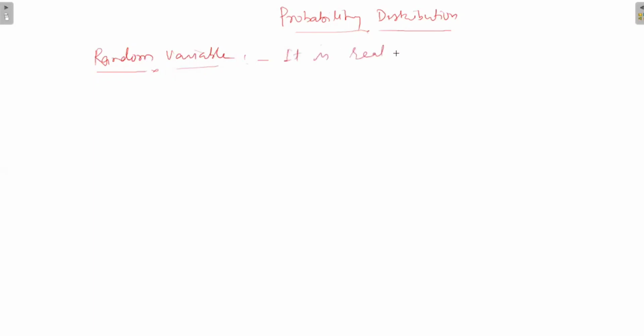To start with probability distribution, we have to understand something called a random variable. So how is a random variable defined? Just like a random experiment, we are defining a random variable as a function. It is a real valued function again,